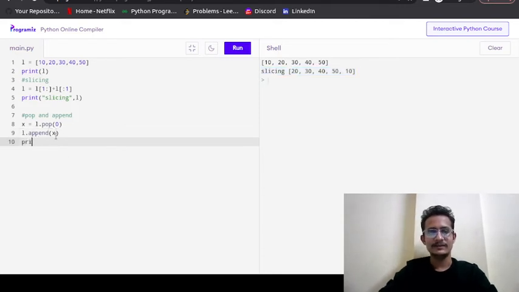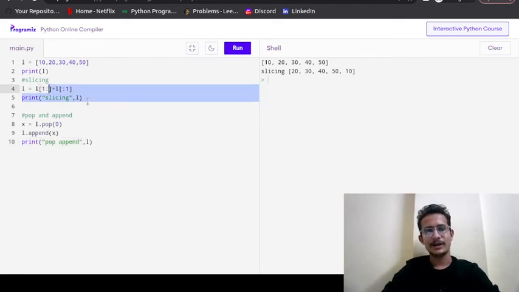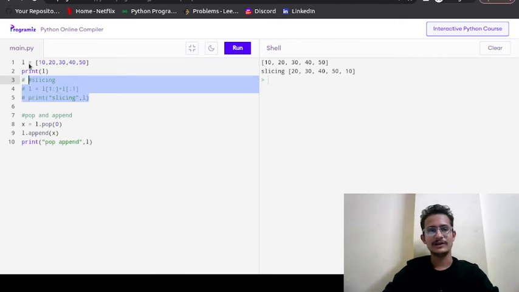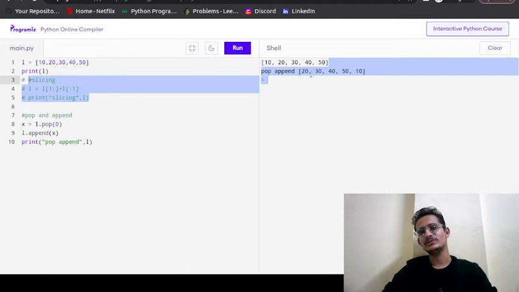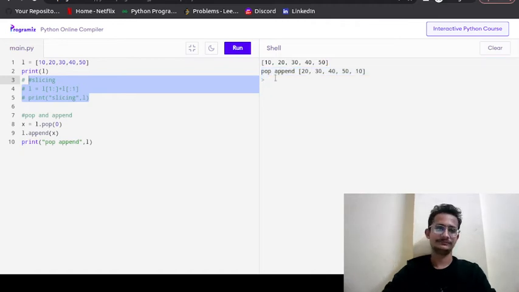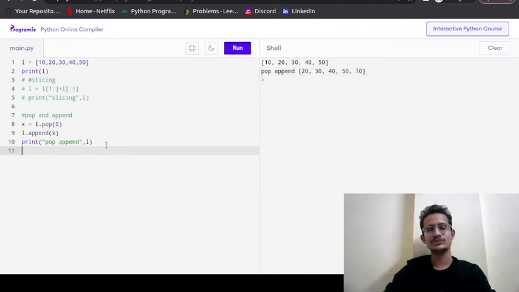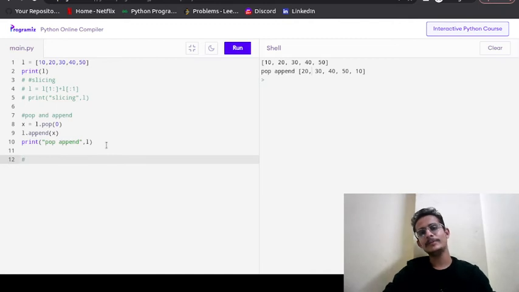And let's print the solution, pop append, comma L. I am commenting out the previous part because we have already seen it. So you can see pop and append also gives the left rotation, 20, 30, 40, 50, 10. These are the two inbuilt approaches that we have used.